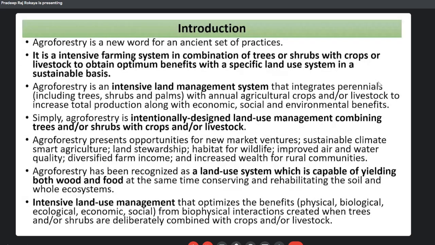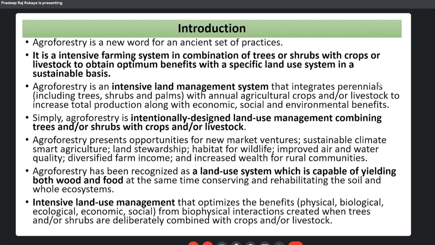It is an intensive land use management that optimizes the physical, biological, ecological, economic, and social benefits. These are the components of sustainability. So this phenomenon belongs to sustainability, and agroforestry is concerned with sustainability. So it is an intensive land use management system that optimizes the benefits of sustainability from biophysical interactions created